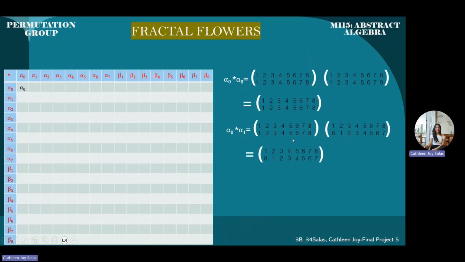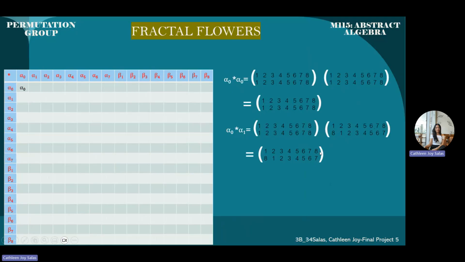So 6:5. For 6:5, we will look at the corresponding elements of 5 here, and the result is 5. So we have the product here, 5, which is the 6:5. And for 7, we have the 6, 7:6. So look at the corresponding elements of 6 here at the first permutation. So we have the 6, and the product is 6. So for 8:7, we will look at the 7 here at the first permutation, and this will be the